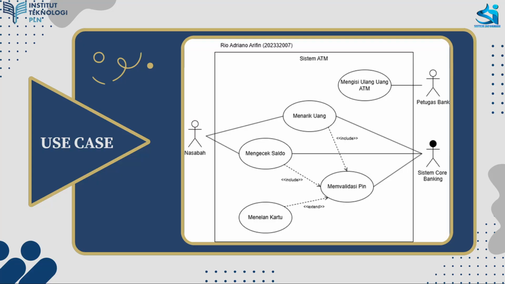Okay, now let's take a look at the functions inside the system boundary. We have 5 use cases in total: 1, 2, 3, 4, and 5. Okay, now let's focus on the main transaction. First, the customer has two primary goals, represented by these two use cases, 1 and 2: withdraw cash and check balance. You will notice both of these use cases have a dash arrow here pointing to validate PIN.